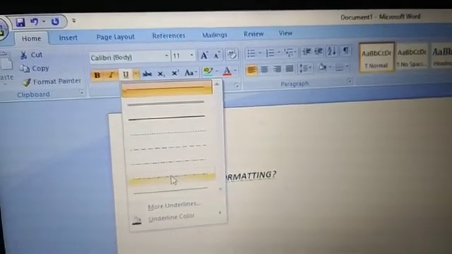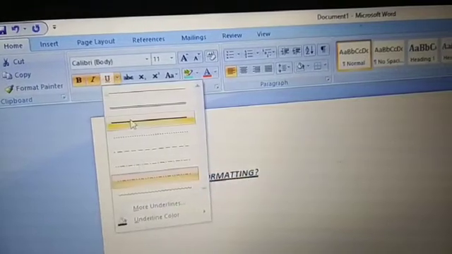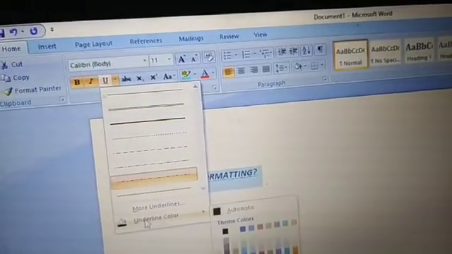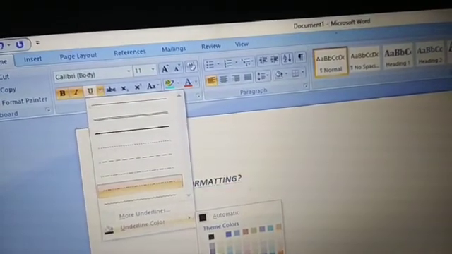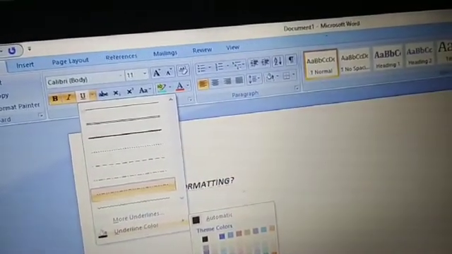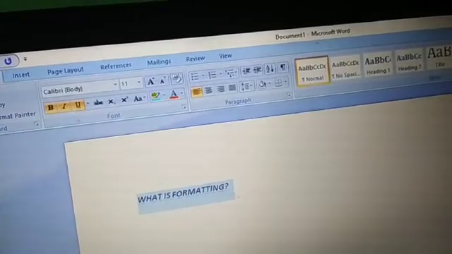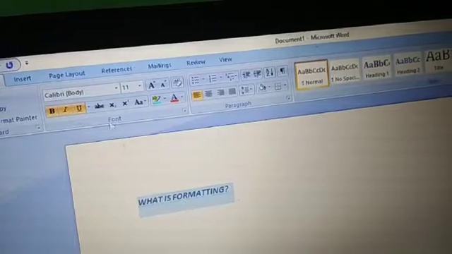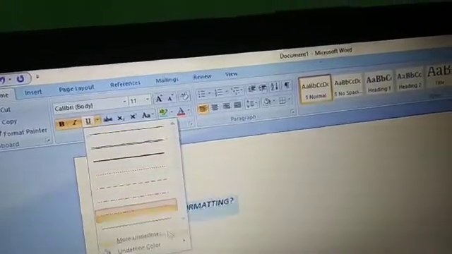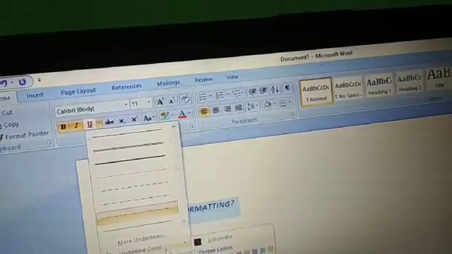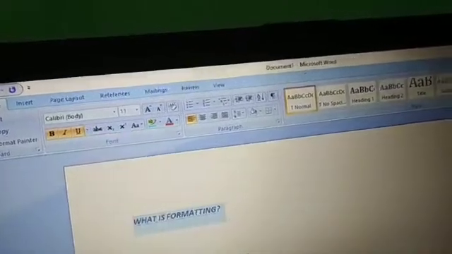I have selected this one. And its color. So underline color, here is the option. Whichever color you want, suppose red or green. Green is not visible. Red will be visible.